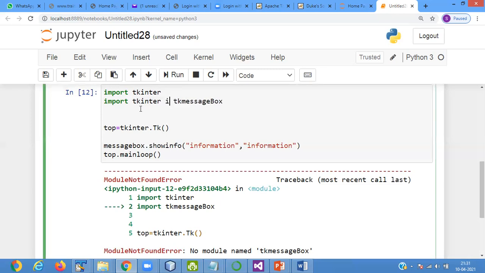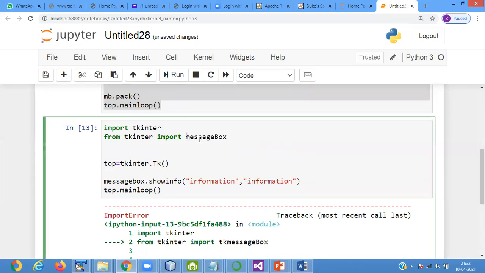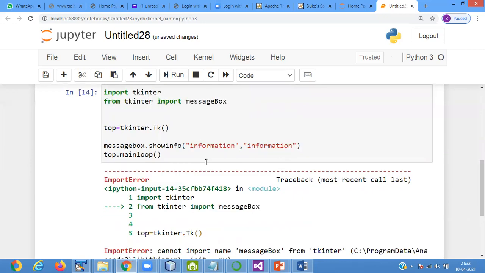From tkinter import top. Only I pass here tk, then top dot geometry.